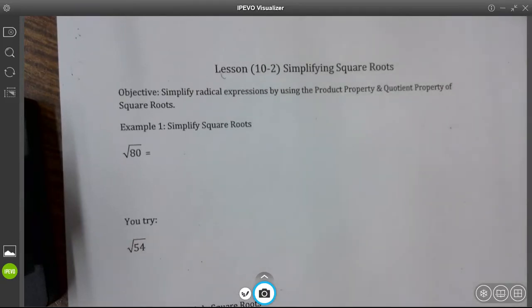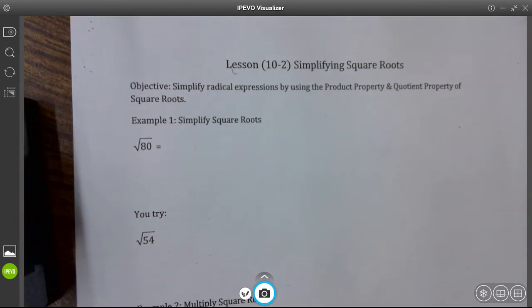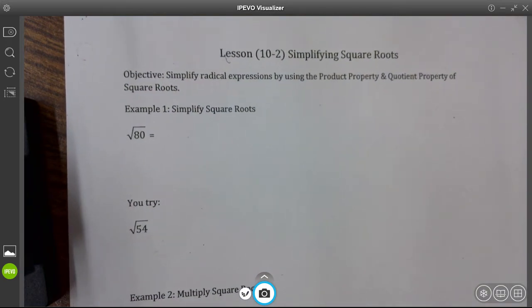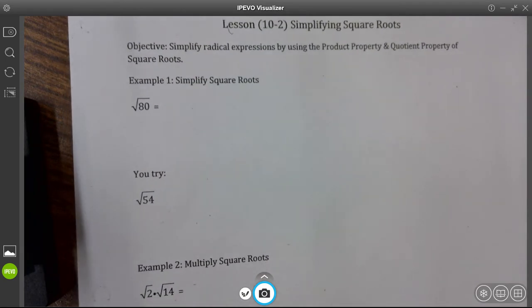We are in chapter 10 now. This chapter is all about radicals, which are what we're mostly going to be talking about, just square roots. It says we're going to simplify radical expressions by using product properties and quotient properties of square roots. So, example 1